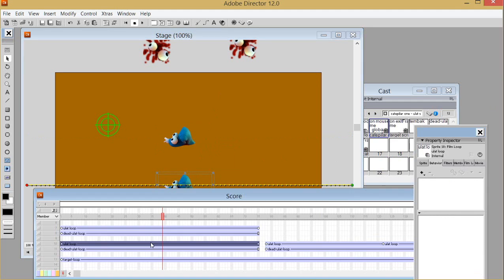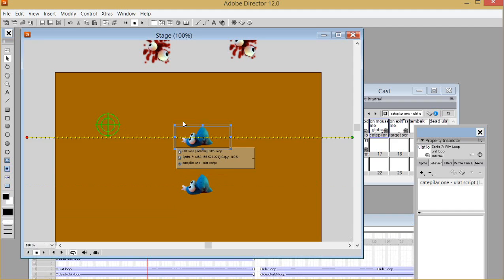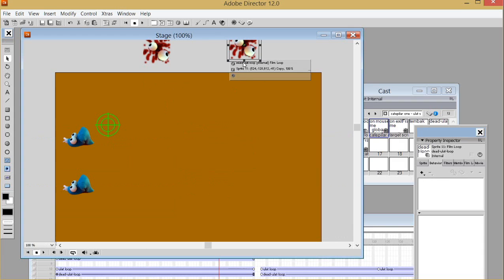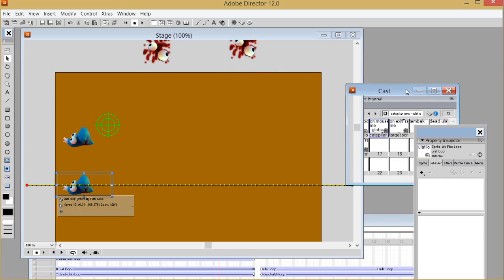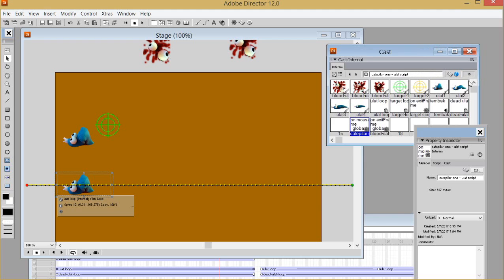So this one has no script yet. This one has caterpillar 1, and this is caterpillar 1's blood, and this one has no script. And you see here we got caterpillar 1. We are going to copy it, caterpillar 1 and the blood of the caterpillar 1. This one is its blood. We copy this